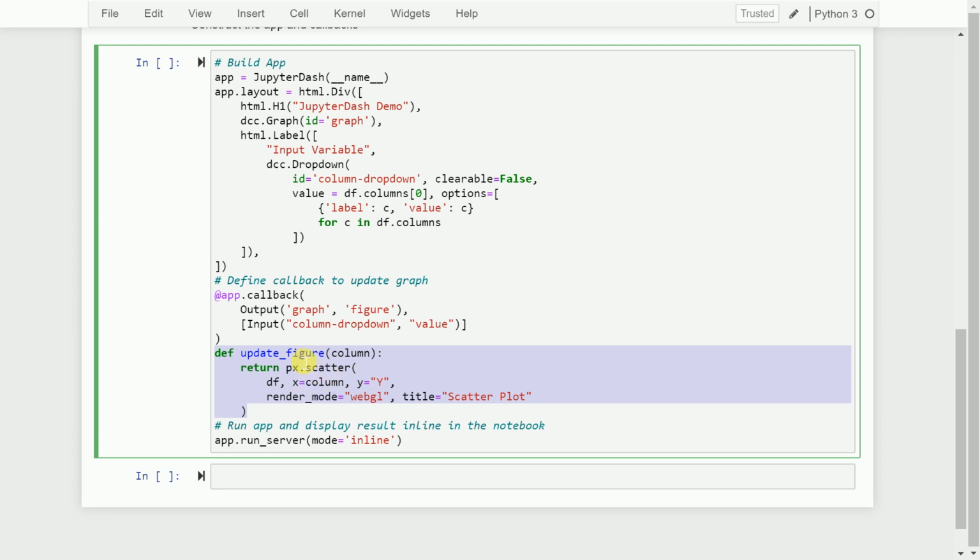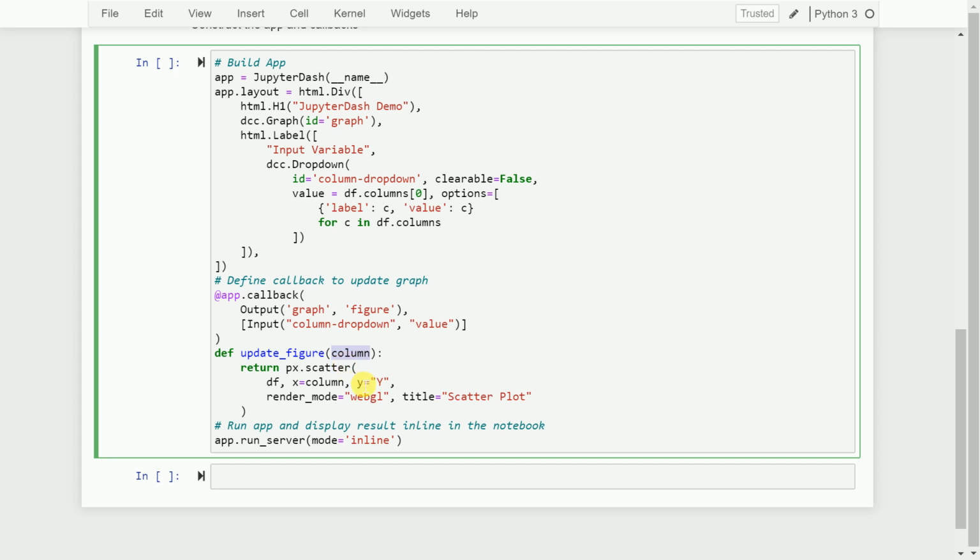The update figure takes in the input as column and returns a px.scatter, which is Plotly's way of saying a scatter plot, wherein I'm passing in the data frame df. The x-axis values would come from the column that I pass in through this input.